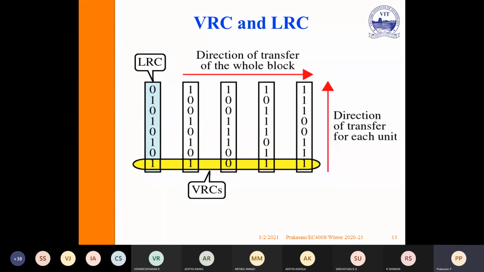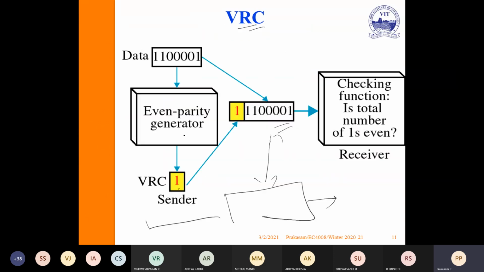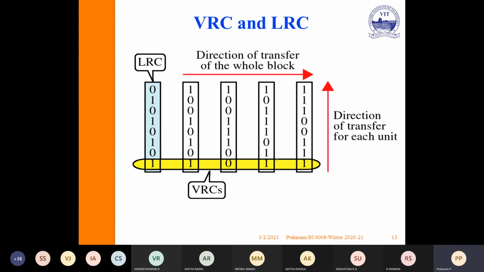For example, we are combining VRC and LRC, the vertical as well as the linear, which are separate. Suppose we combine all the vertical into a single data: data 1, data 2, data 3, data 4, data 5, data 6. But for easy analysis, we are dividing that into VRC and LRC.